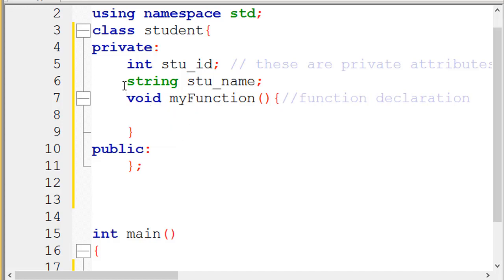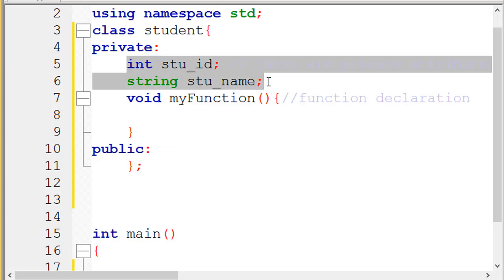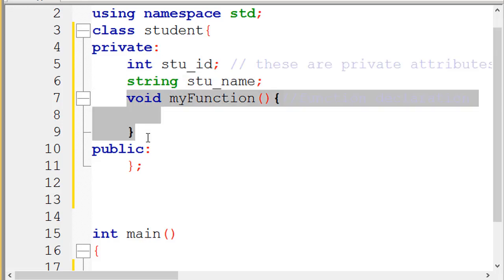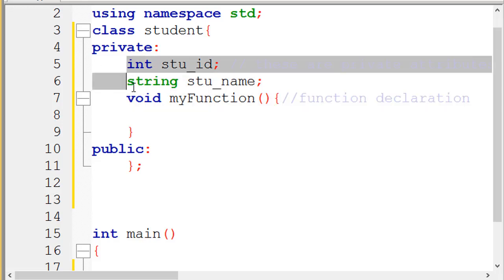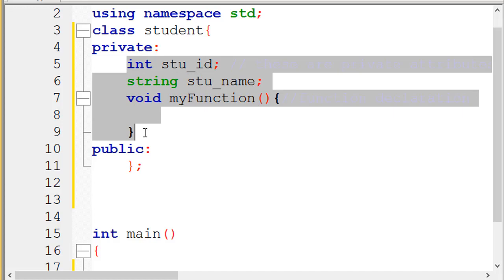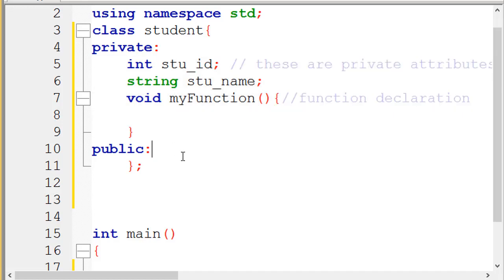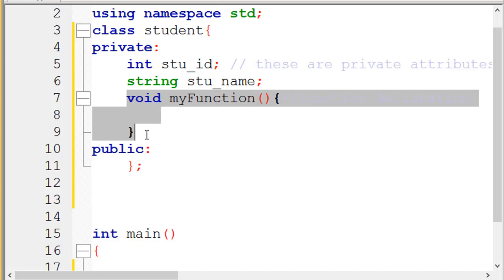So this is the private function, right? So these are the private variables. This is the private function. So these all are your private members and private function. C++ provides us some predefined functions such as main, which is the built-in function used basically to execute the code. But you can also create your own functions as we created this one.